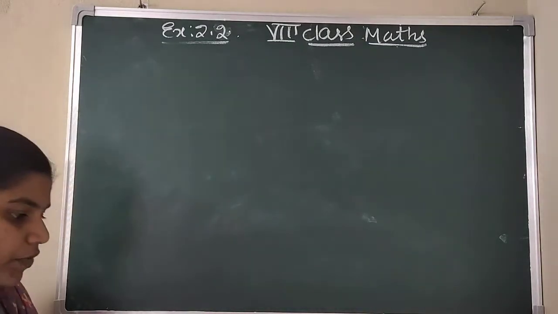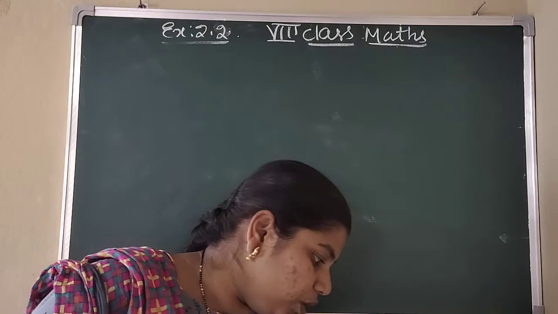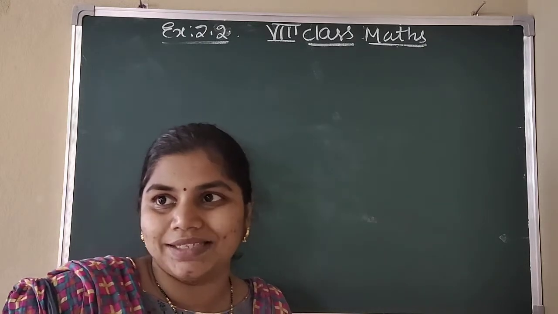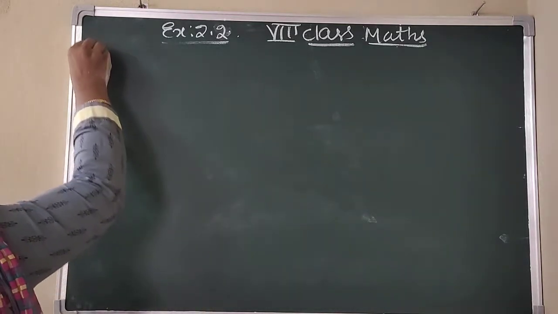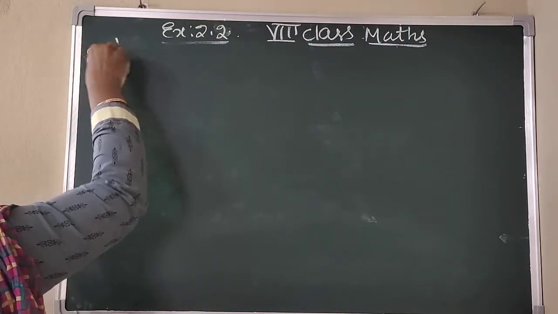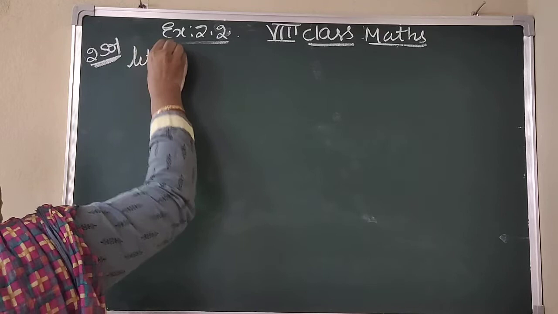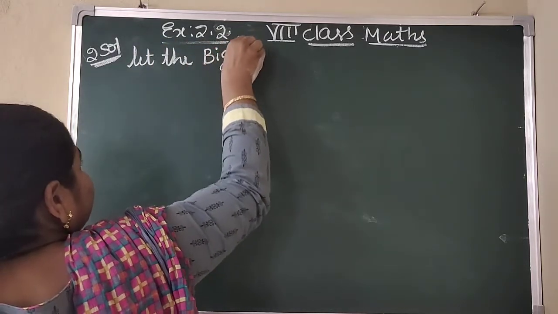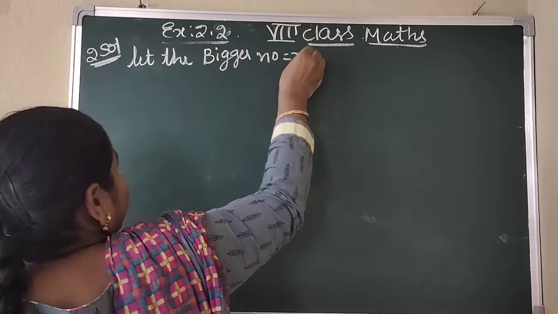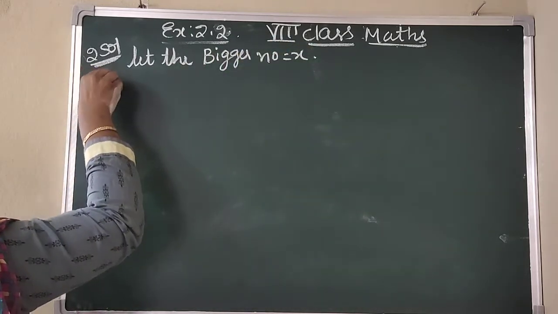So here we don't know which is the bigger number and which is the smaller number. So the bigger number I am taking as x and the smaller number I am taking as y. So, second solution: let the bigger number be x